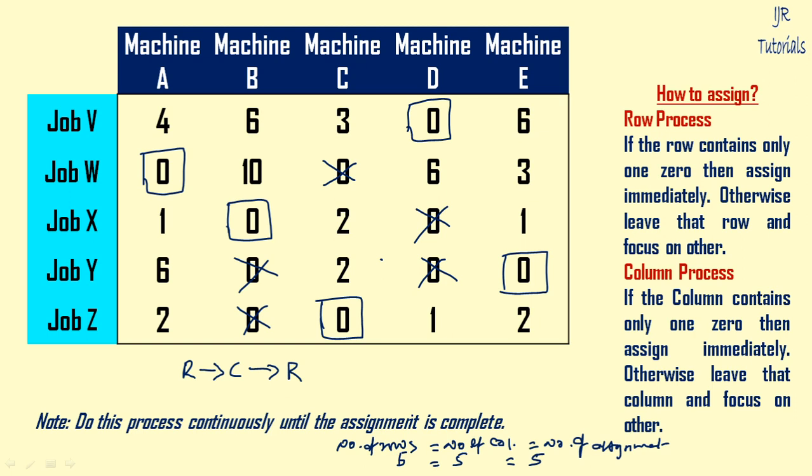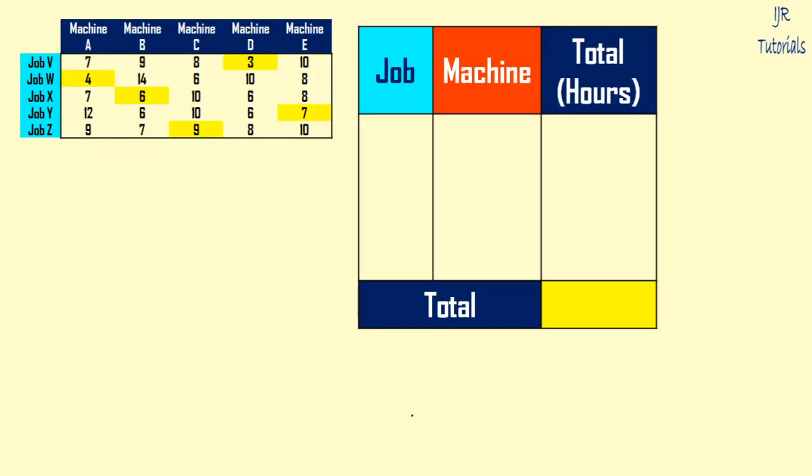Yes, the assignment problem is completed, but we can do one more little bit of calculation. See the calculation in the next one. Yes. So take the original table. So this is the original table, and what is in yellow color here are all the assignments. These are all the original table assignments. So job V, machine B, how many hours? 3 hours. So first we can prepare the table like this.